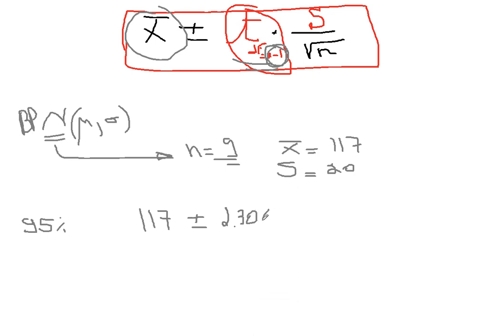2.3060. And then I'm going to multiply by the standard error using S this time because I do not have sigma, which is 20. And 20 is divided by the square root of 9. Now this whole piece is going to be equal to 2.3060. I'm going to multiply it by the standard deviation, which is 20, and I'm going to divide by 3. That gives me 15.37. Quite large, but